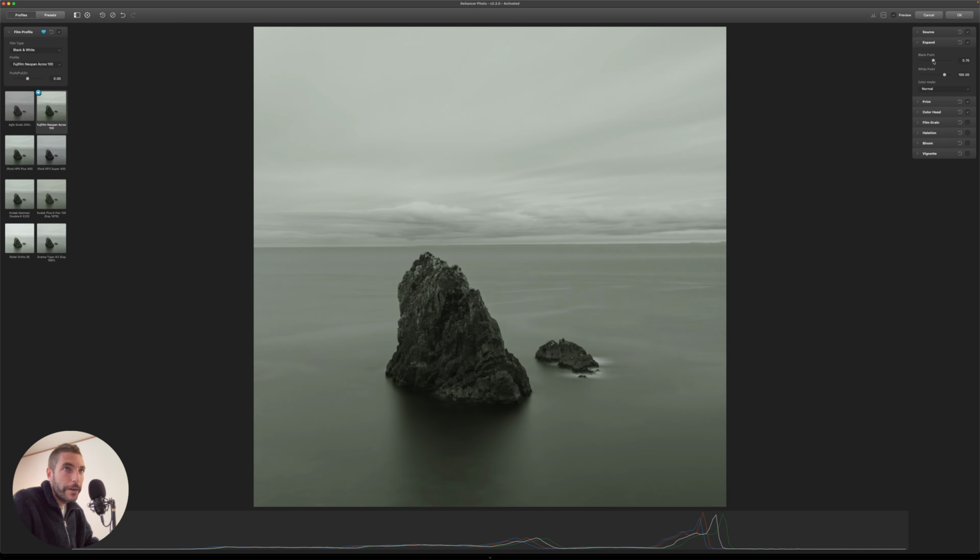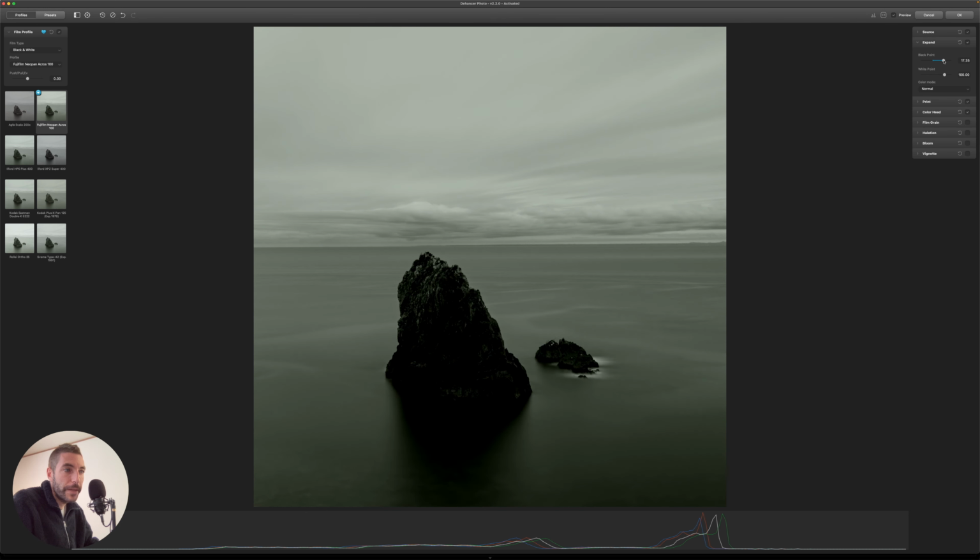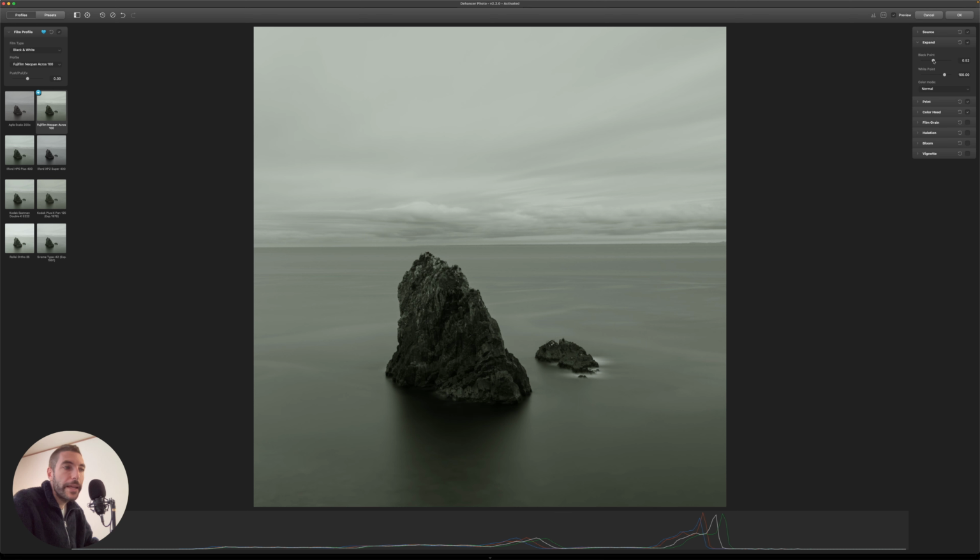Or I can go the other way around and make it much darker, which of course is too much. For my liking, maybe I would just go -2 or something on this one. Nothing really crazy. As you can see, it's just a slight difference.